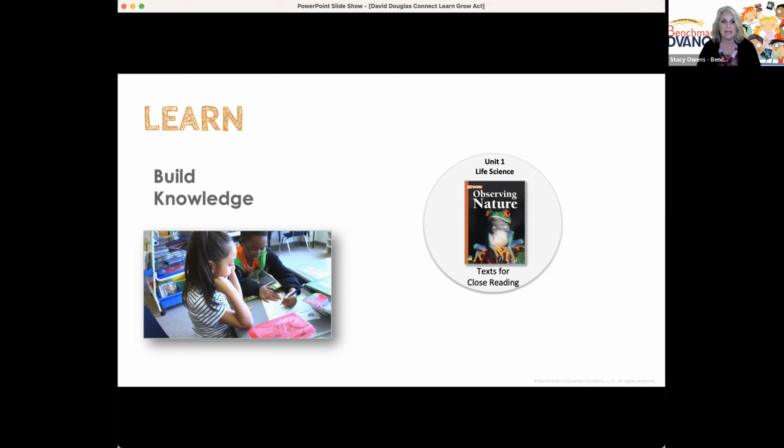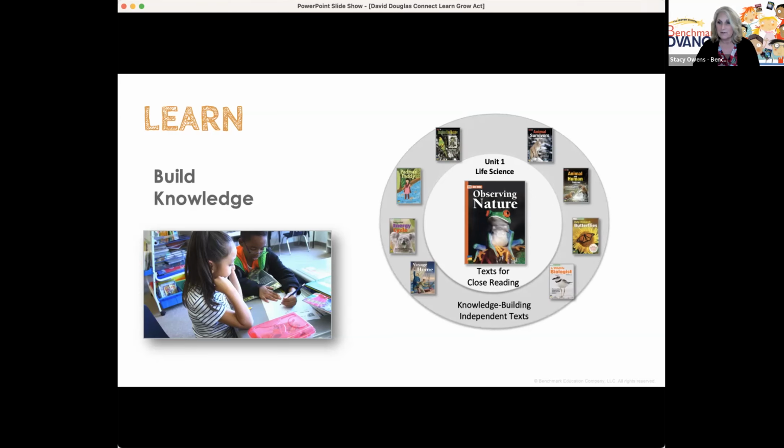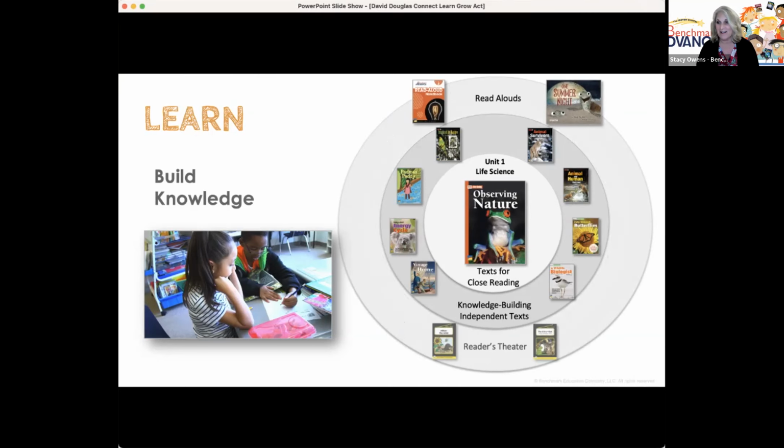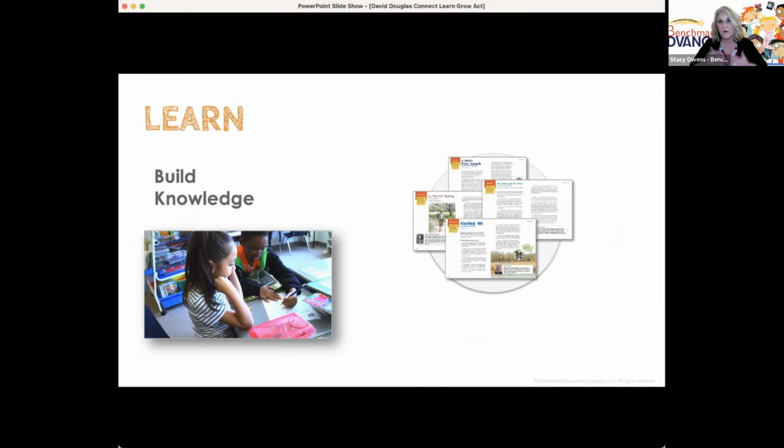Here, learners interact and discuss their learning throughout the unit, observing nature. Whoops. Let me show you 4 of those texts that are in that one. I'm going to go right back for it so you can actually see it. Those 4 texts layer throughout that unit, building in complexity and giving students an opportunity to practice what they're learning.